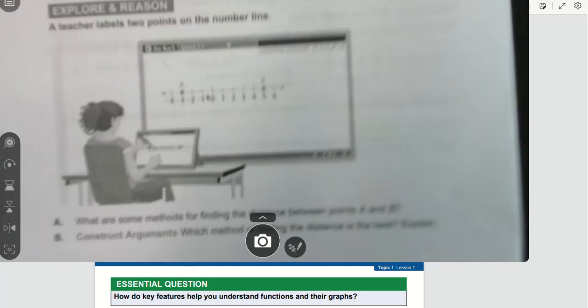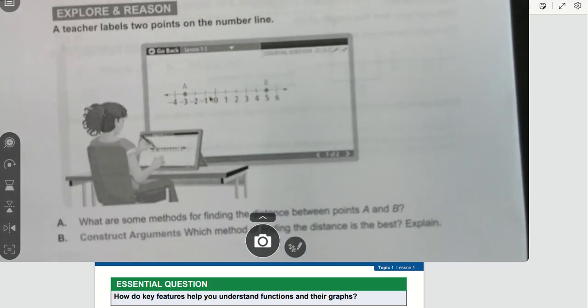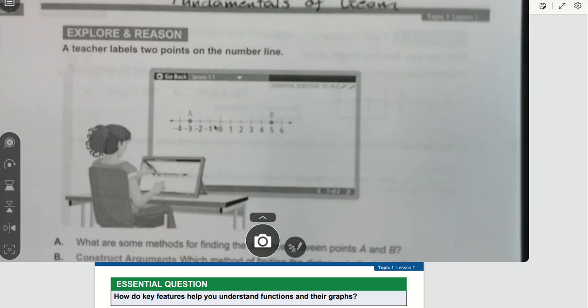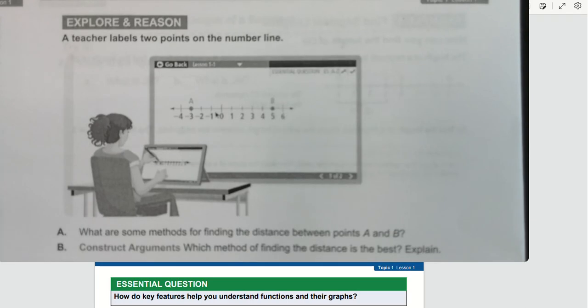Here is the exploration that I want you guys to do with one another right now. I'll get it centered. All right. So here you go. All I need is A and B. You don't have to draw it. You don't have to write down the question. I just need the answers for it, because once you get your text, these will be in there if you need to reference it. Cool. I'll give you 3 minutes.